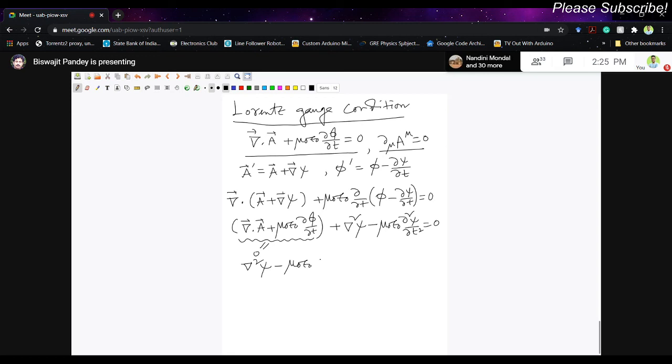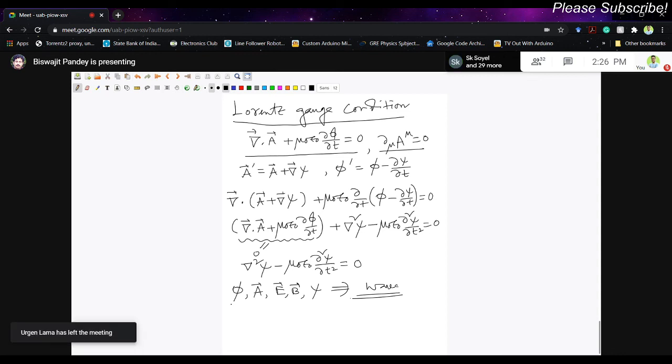And that's the beauty of Lorentz gauge. You see each and every quantity involved here, either it be scalar potential or the vector potential. So scalar potential, vector potential, electric field, magnetic field, gauge potential, everything is a wave, right? All of them satisfy wave equation. So that's the beauty of Lorentz gauge. So it's not only commensurate with special relativity, but since all the quantities are waves, I think it is something which is quite satisfying.